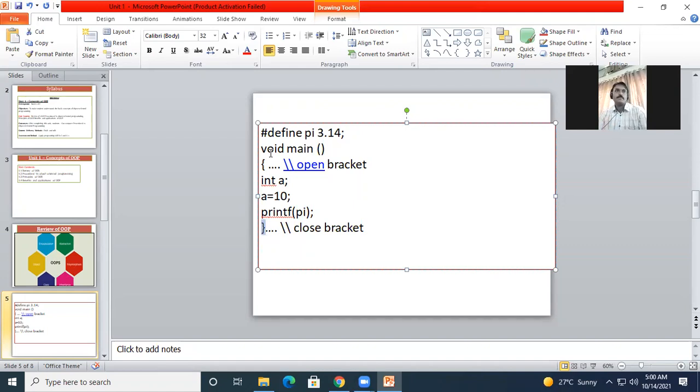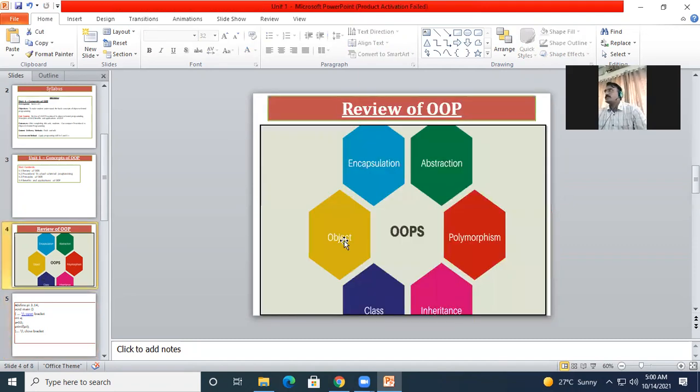Okay, now the second term here we are looking for the objects, right? Now what is the object? It is the basic unit in the object oriented program which represents the real life entities. Okay, object म्हणजेच काय? Entities which are possessing some properties, and every property differentiates the object from each other. प्रत्येक ऑब्जेक्टला काय असतात, स्वतःच्या प्रॉपर्टीज असतात, आणि त्या प्रॉपर्टीज मुळे दोन ऑब्जेक्ट मध्ये डिफरन्स फाइंड आउट करू शकतो.